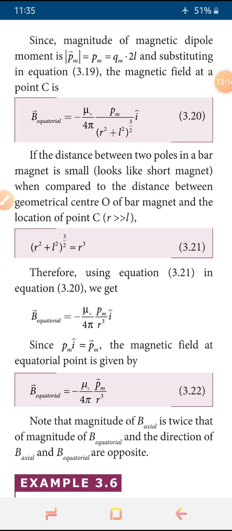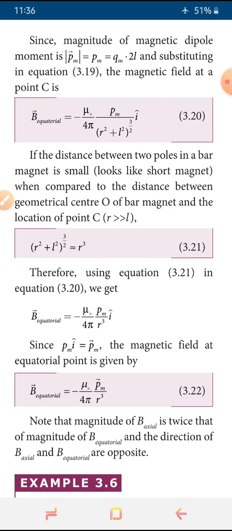So from the equation 3.19, we are substituting the formula for dipole moment, that is the magnitude of dipole moment, which we can write as mod Pm vector is equal to Pm. So what is the definition? In a magnet, totally 2 pole strengths are there. Any one pole strength is multiplied by the distance between the 2 poles. So what is the distance between the 2 poles? From the midpoint of the magnet to one pole is L. Then between the 2 poles, we can write 2L. Then the formula is Qm into 2L. That we are substituting in 3.19.